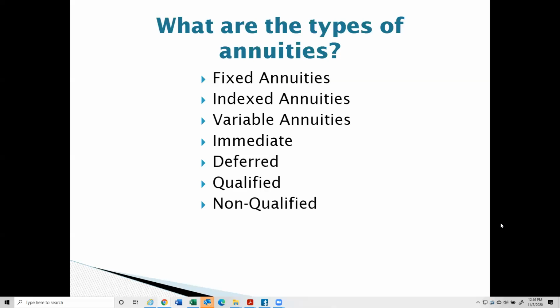And then you have this hybrid product called index annuities. An index annuity pays a rate of interest or return based on a market index, such as the S&P 500 or the Russell 1000. These index annuities are a hybrid between fixed annuities and variable annuities. They can give you some of the benefits of participating in the financial markets and the returns of the markets, probably with some caps, but they also can provide you with some downside protection. But unlike a fixed annuity, it doesn't always give you a guaranteed stated rate of interest or return. And so this is a hybrid model.